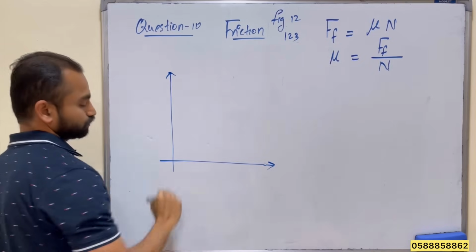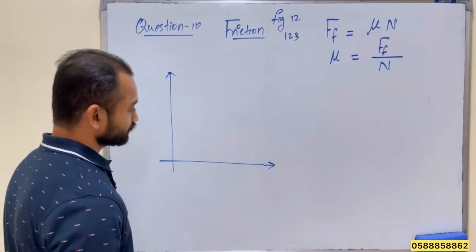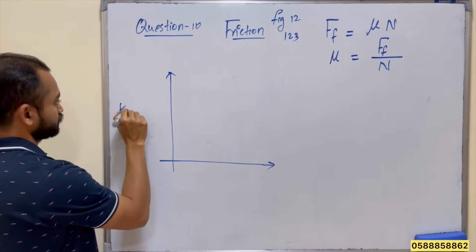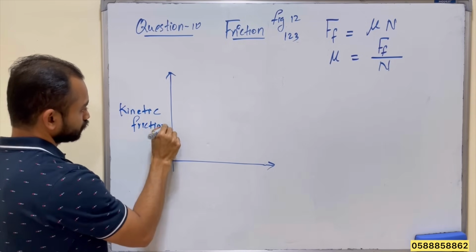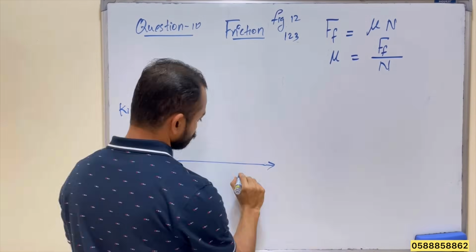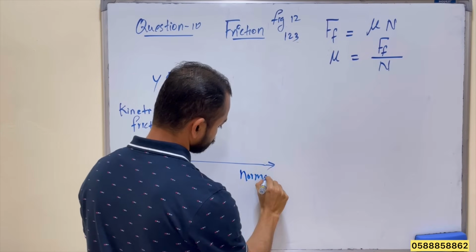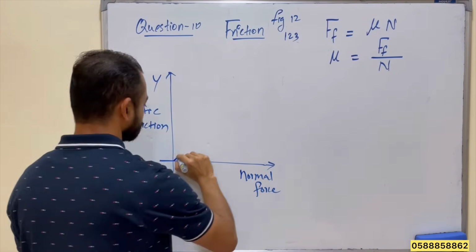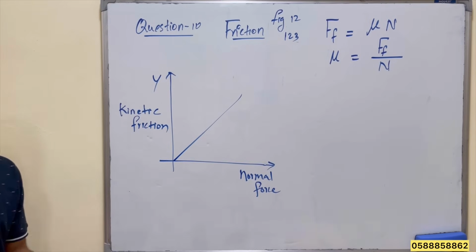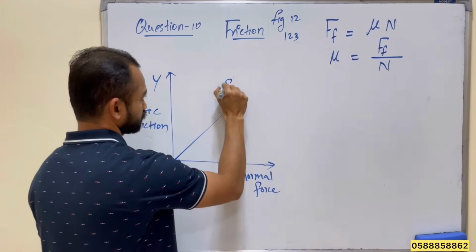A graph of kinetic friction against the normal force. So here we have kinetic friction on the y-axis and normal force on the x-axis. So for example, the graph is like this. If you calculate the slope,